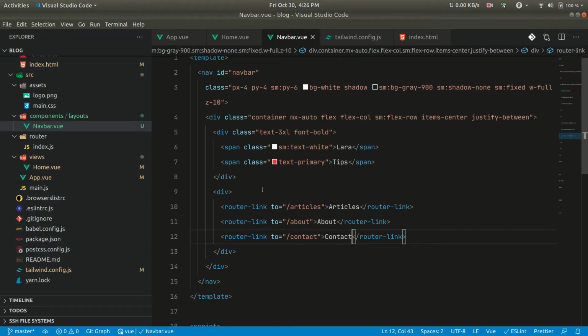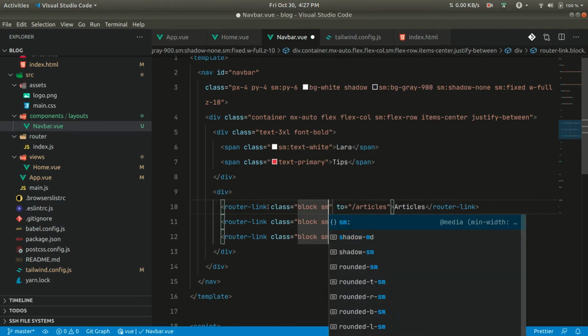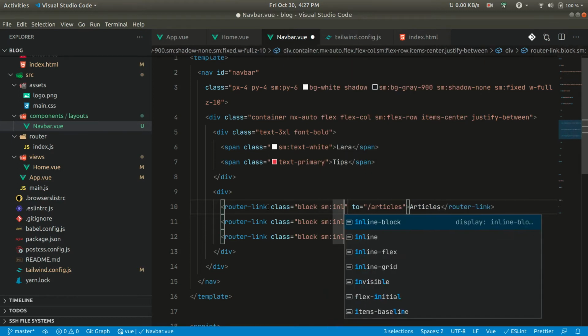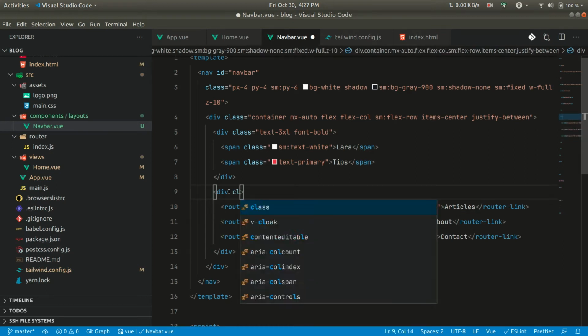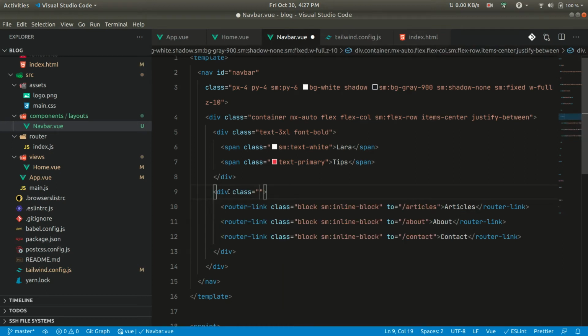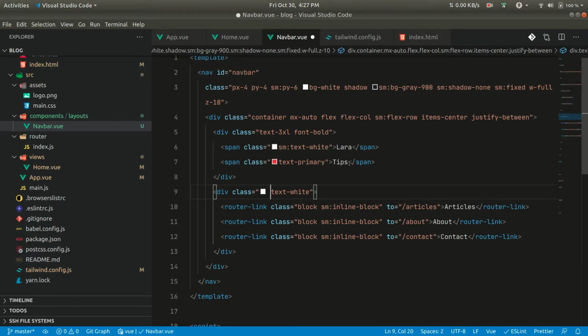Now let's design these. Block in the desktop, we want it to be inline-block, and we want the color to be white. So you can see here like this. For the mobile device, we want this to be at the bottom of this. Yeah, so Laratips will be on the top and this will be on the bottom, so we'll give some margin top here